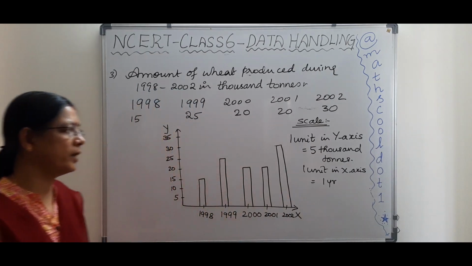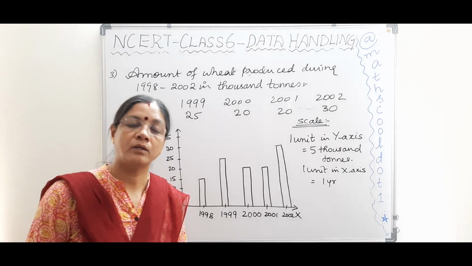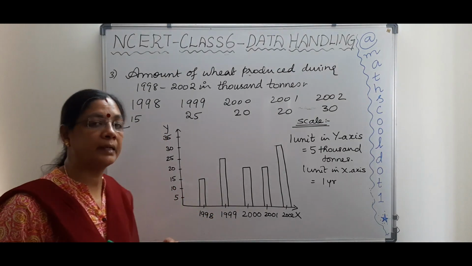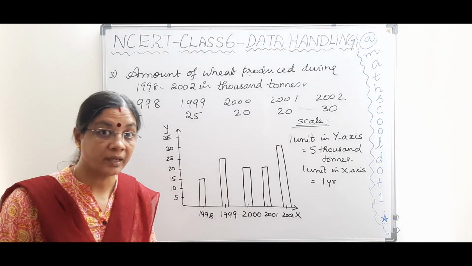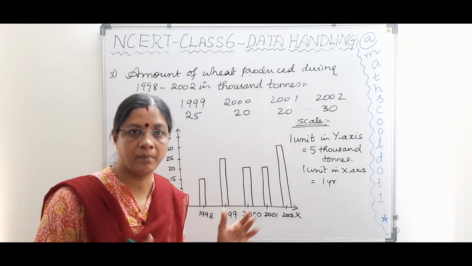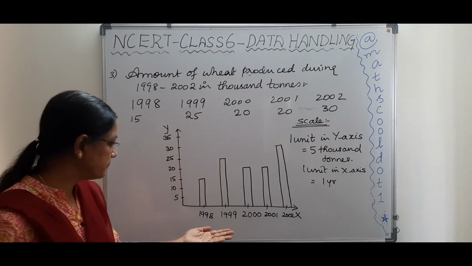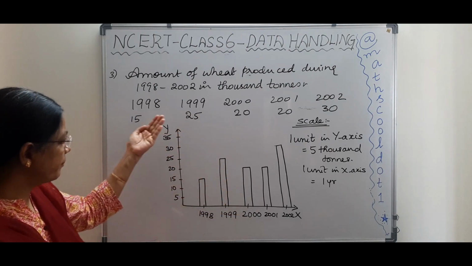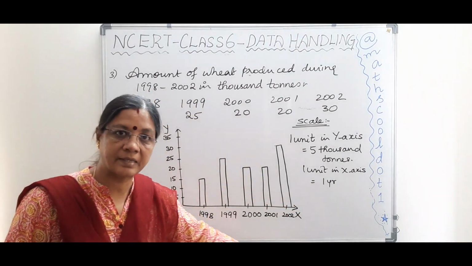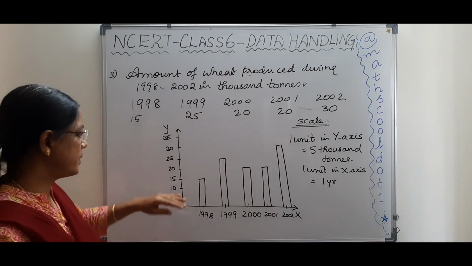Okay, so see how we have constructed the bar graph here. This is very easy, it explains things in detail, and it is easy for us to interpret. Let's start getting information from the bar graph we have constructed. This is how we construct a bar graph. As I've already said, if we put the years in the y-axis and the amount of wheat produced in the x-axis, we'll just get a horizontal graph. That's all. It is very easy for us.